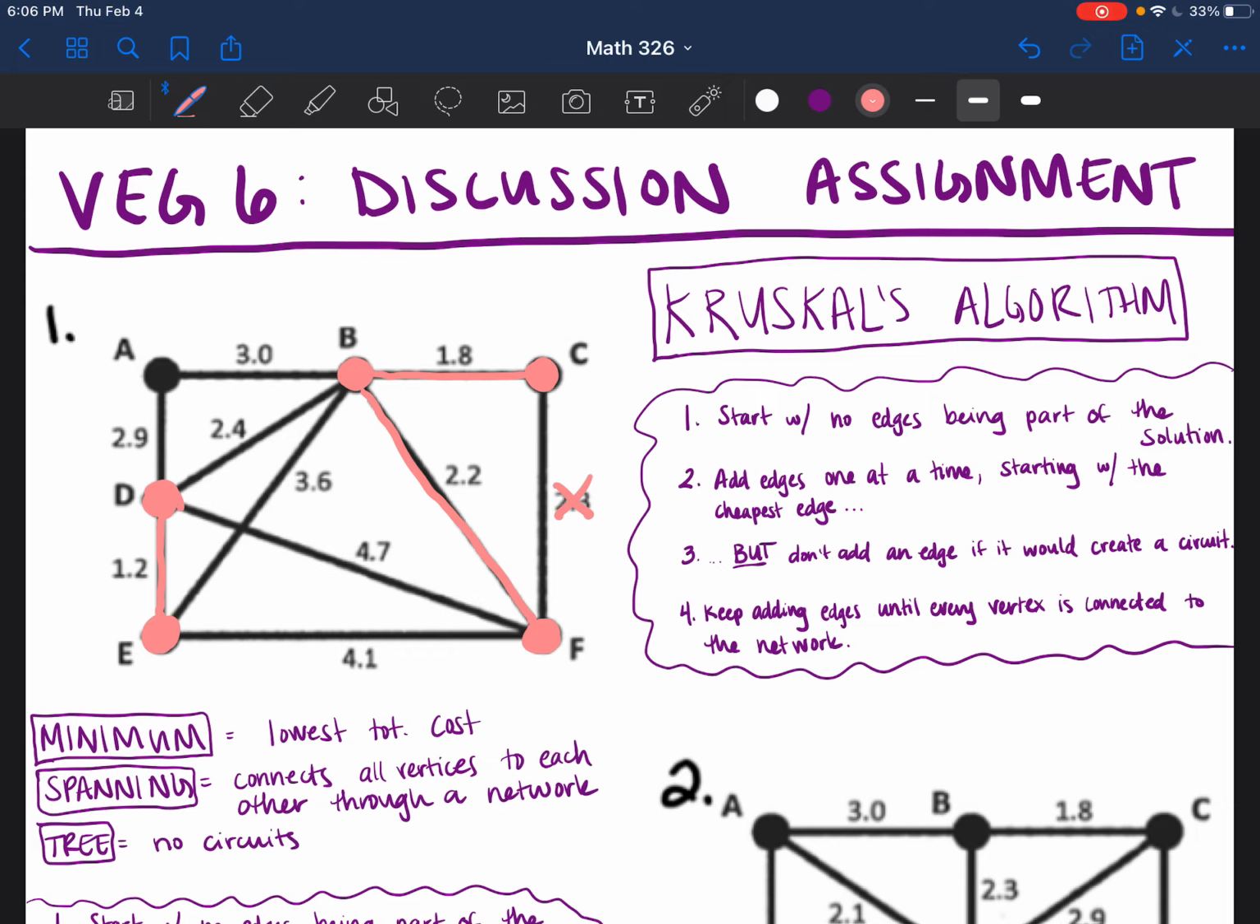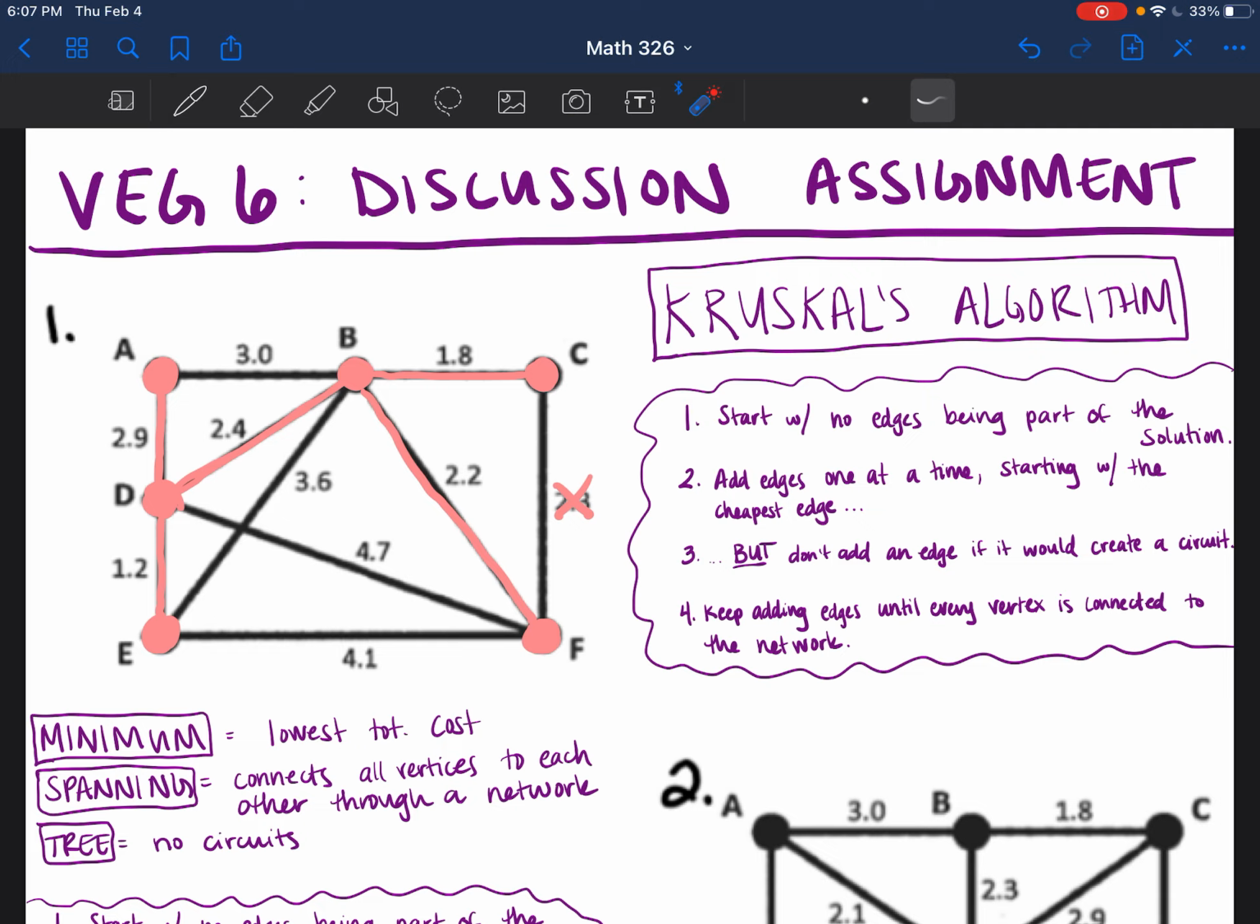But step 4 says keep adding edges until every vertex is connected to the network. So we'll skip 2.3 because it creates a circuit, and then we'll look at the next cheapest edge, which is 2.4. And it connects all of the edges that we have highlighted so far. So we do have a network going on, which is good, but we still have one vertex to add. And the next cheapest edge is 2.9. So that is perfect because now we've